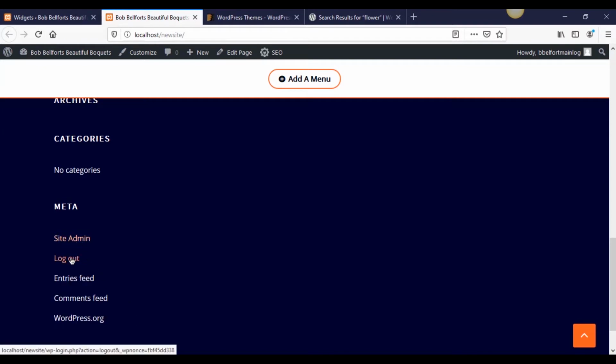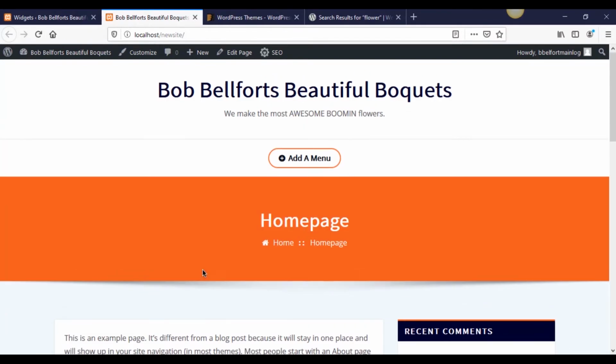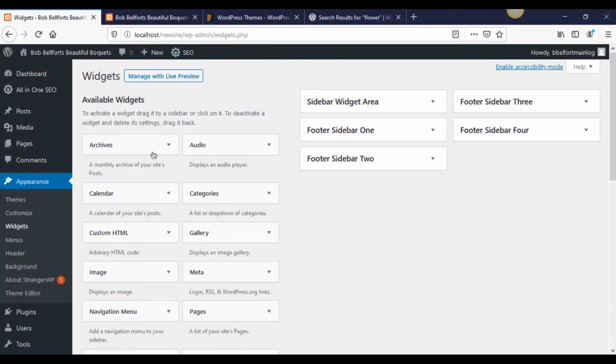Because you don't want people going to your site, administrative login, and all that, which in security plugins we can change, and we can talk about that when we get to a future part of the series, which is about security. But let's go back to the overview of our themes,